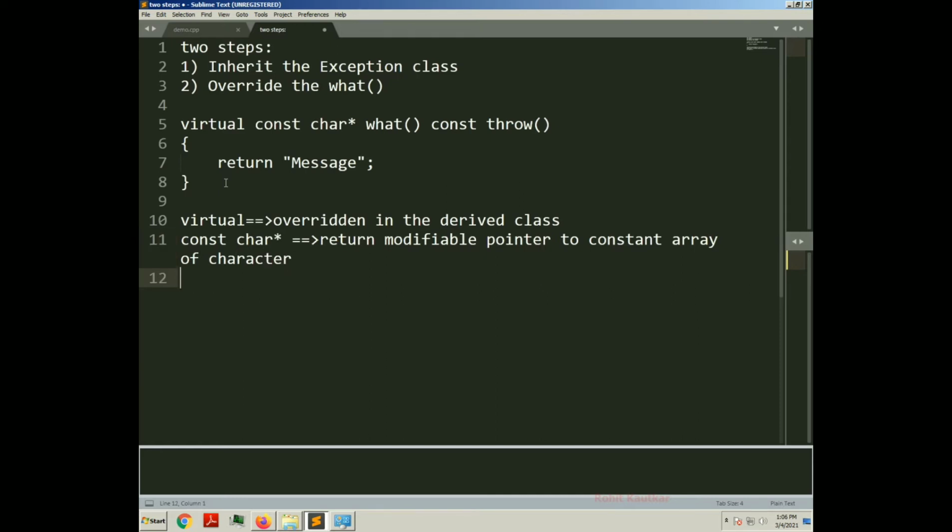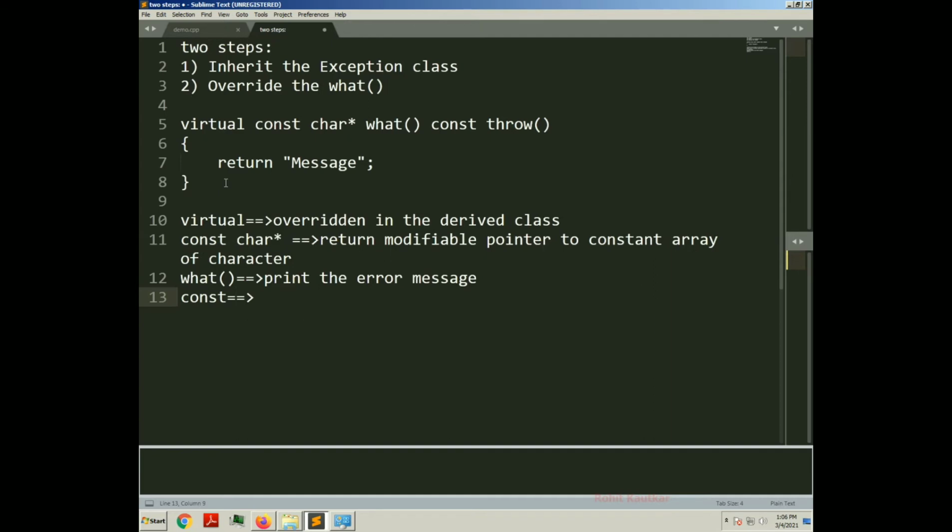Then next you have the what method. This what method does not take any parameter here, and it will simply print the error message.